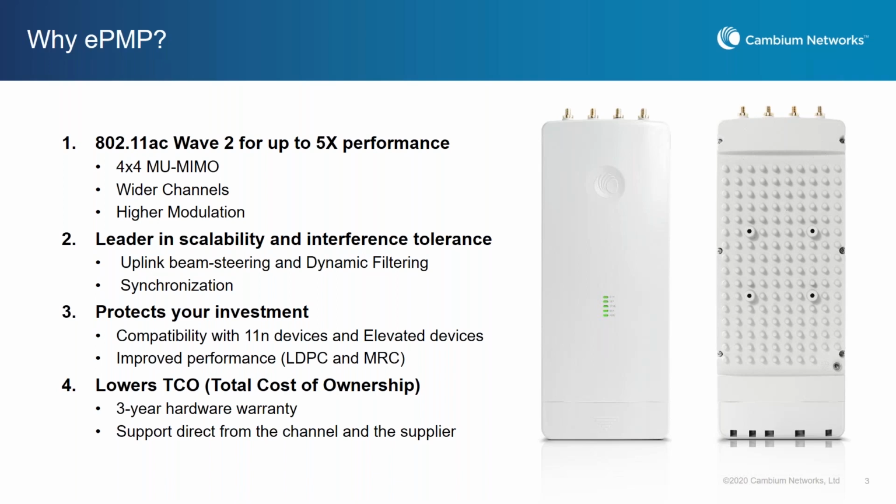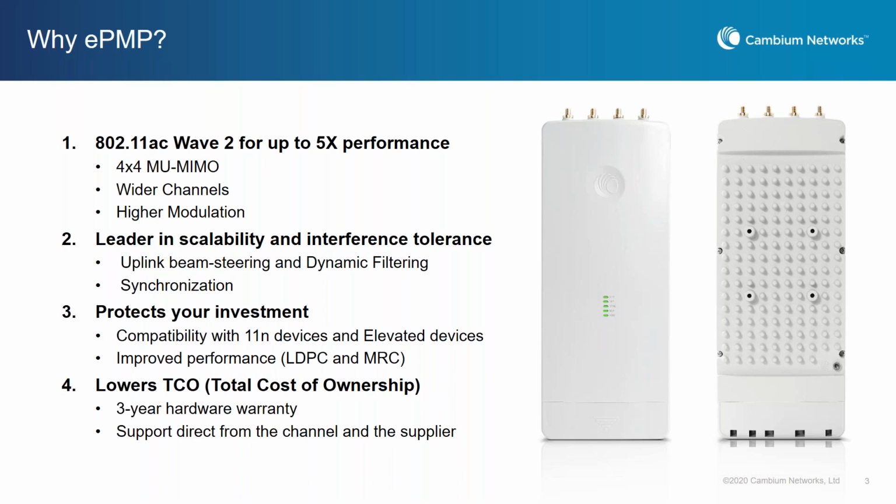We do see customers being able to take advantage of the higher modulation. Even if you have a handful of customers in a sector that are able to achieve 256 QAM, you can get them on the air and off the air quickly, and that helps overall capacity. So one of the areas we'll talk about is upgrading existing 11n access points as a way to increase the capacity or efficiency of the network, combining our compatibility along with the enhanced performance that you get with the Force 300 subscriber modules and the ePMP 3000.